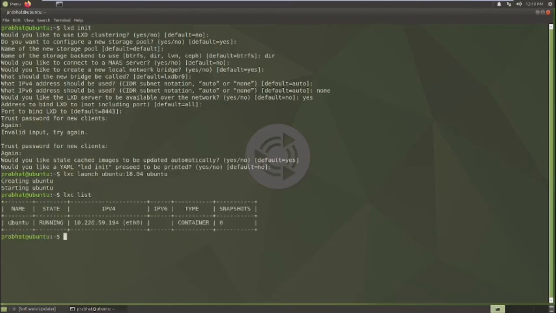Yeah, so here you can see the Ubuntu named container is in running state, and this is the IPv4 address. The type is container. We haven't created any snapshot yet. So now let's log into our container. For connecting to the container, the command is lxc exec and then the instance name. Here the instance name is Ubuntu, so we're gonna type Ubuntu and then we have to specify what shell we're gonna use. So here we're gonna use a bash shell to connect to Ubuntu,